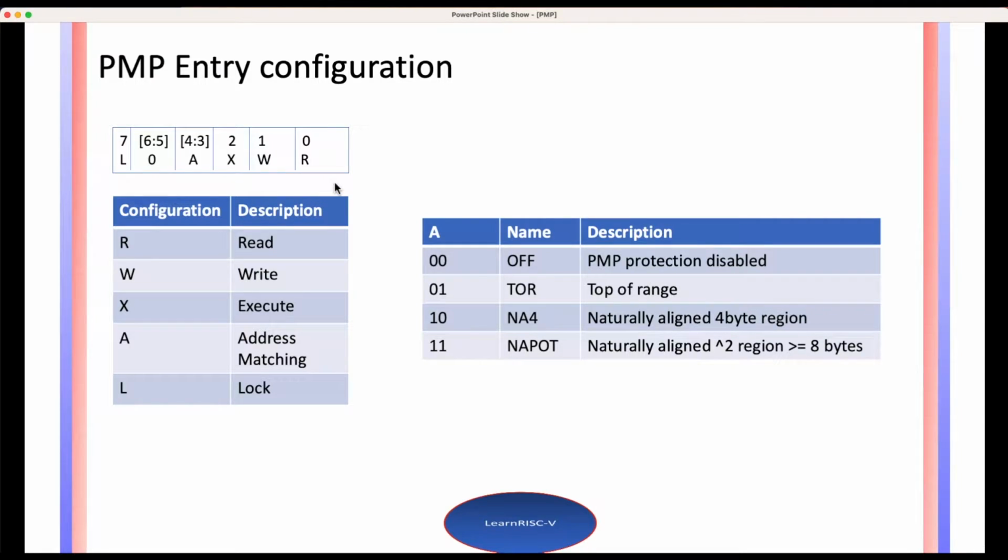So these are all the fields, as I mentioned before. You can give permission for the region to be just read, or read, write, and execute, and this A is what you would see here, and L stands for lock. Okay, so this address matching field will be more clear once we get to the end of the session, but